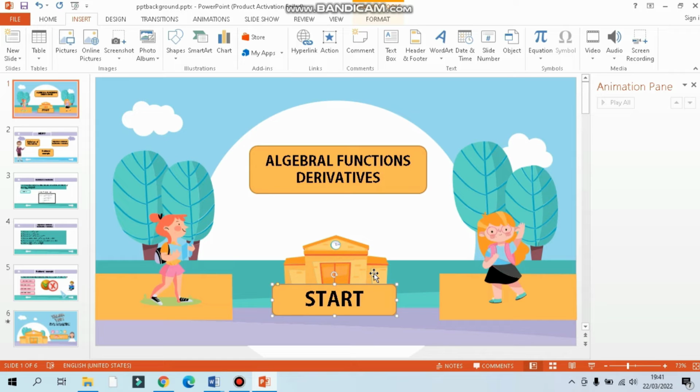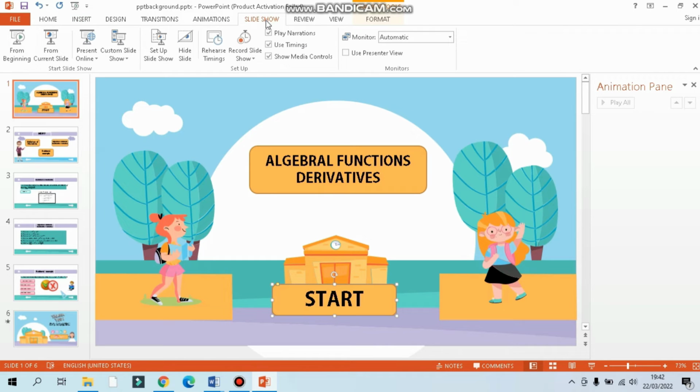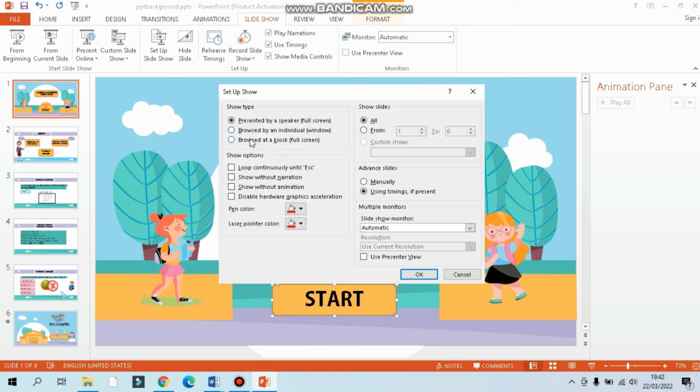And we can adjust it by clicking the slideshow. Then set up slideshow and select the show type at the bottom. Next, we can click the setup slideshow and choose the show type, browsed at a kiosk or full screen.